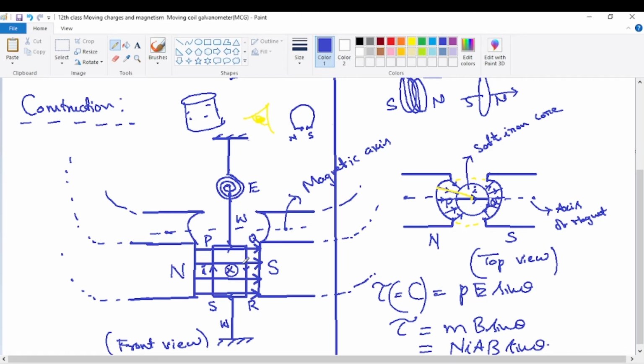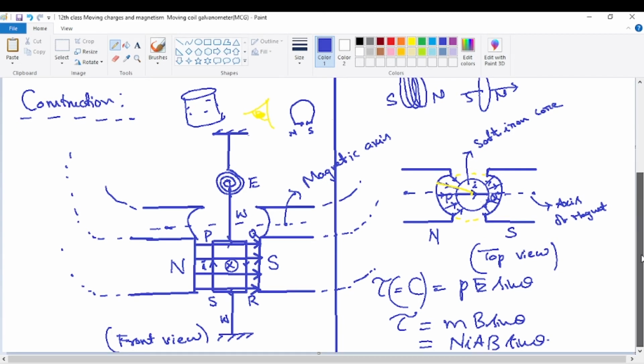So what is the direction of this turning effect? What is the direction of the torque as seen from the top? If you see from the top, will it be clockwise, with P going inside the board and Q coming outside, or will it be anti-clockwise? It can be shown that the torque direction is actually clockwise like this. It will turn like this: P will go into the board, Q will be coming out of the board. Later you can just check it. It can be proved very easily, but we'll come back to the proof a little later.